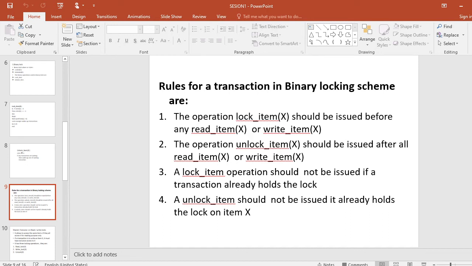Thus, no two transactions can access the same item concurrently.